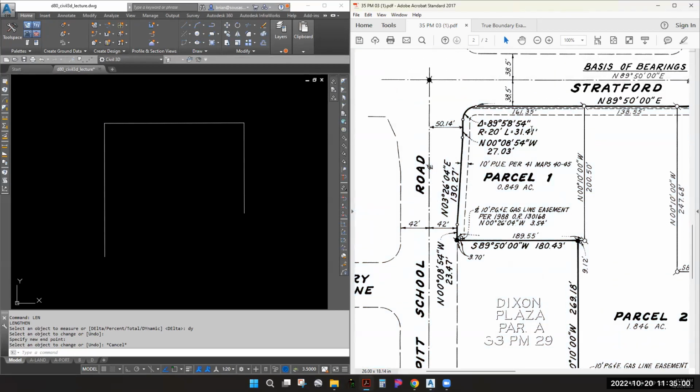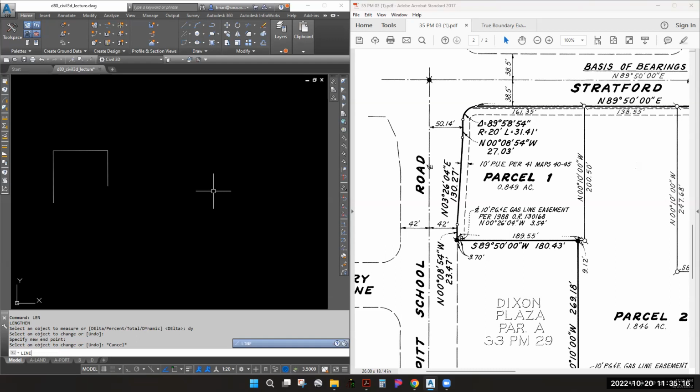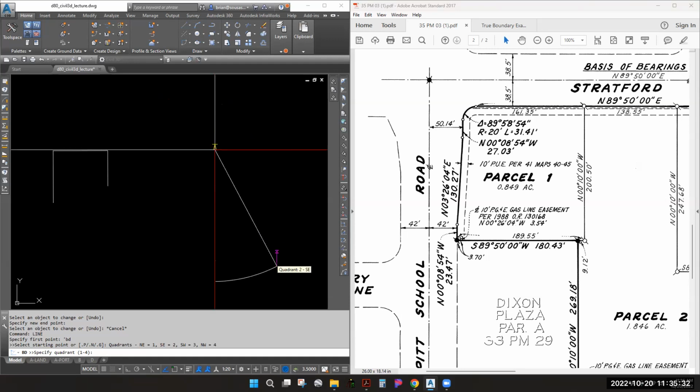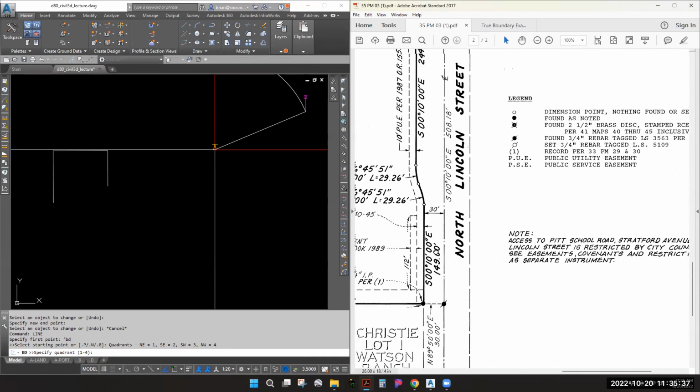Now that we have our center line, I'm going to use Civil3D for that specific exercise. So what I'm going to do is the line command in Civil3D. But what we can do here is apostrophe BD, and that allows me to get into a Civil3D function. So I'm going to click anywhere on the screen, and then you're going to see a compass show up. If I want to draw, for example, this line,